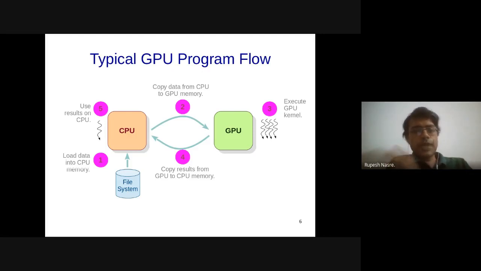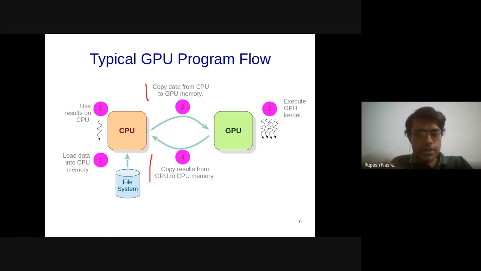The second reason could be that you get some benefit when you run it on the GPU, but step number 2 and step number 4 also take time, which means that copying across the two devices, CPU and GPU, is one extra time-consuming part which was not there when you ran the code directly on the CPU. There was no copy. It was all in your CPU memory. Right? So this communication is also an important factor which is going to affect the overall speedup. So both these aspects are going to come into play.